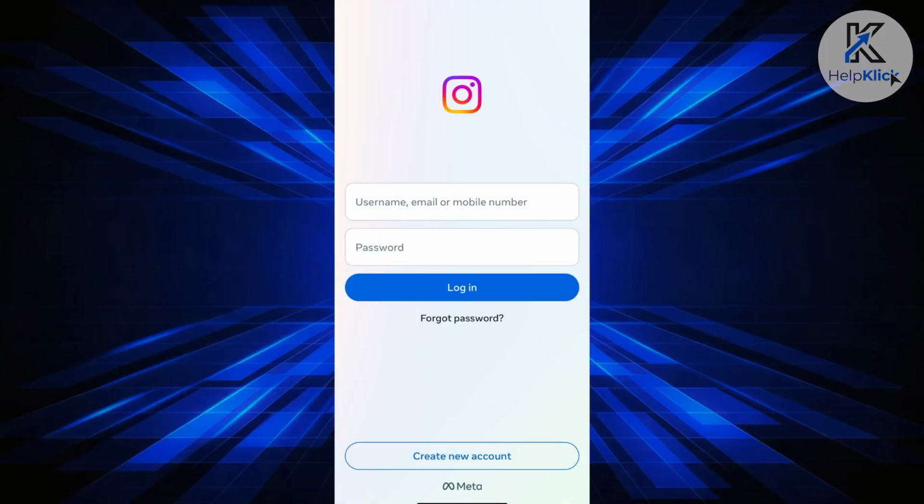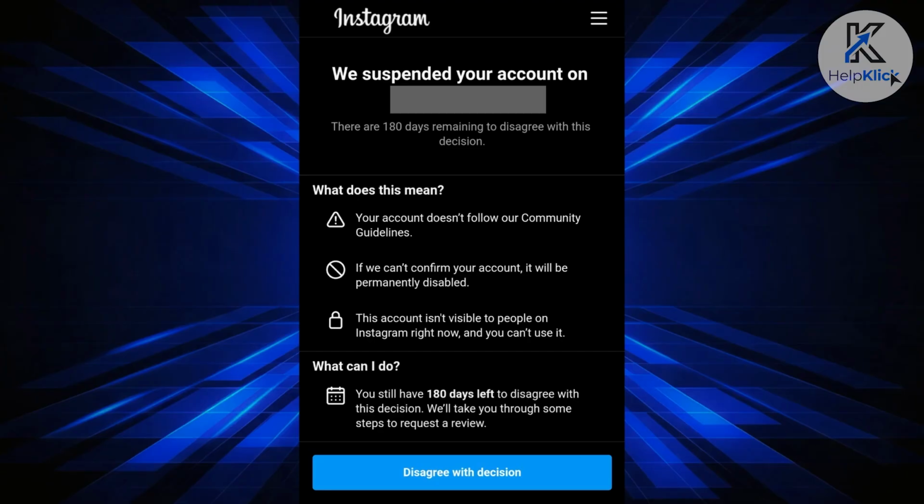Typically, in order for you to lift or recover your account from suspension, you need to first access your actual account. You just need to access the Instagram app or website, type in your username, email, or mobile number, and also your password, and click on login. Once you log in to your account, you should be able to see this pop up. Now, the thing with suspensions with Instagram is within 180 days of the start of the suspension,